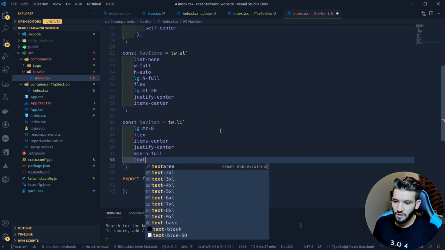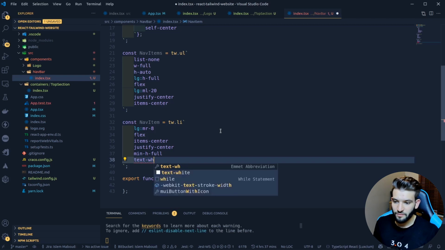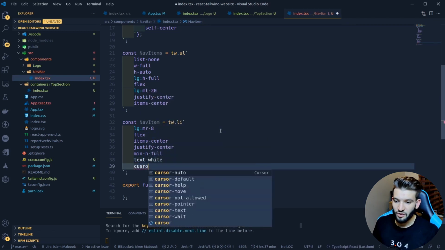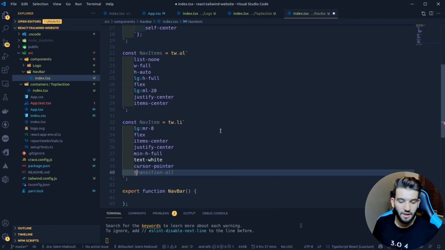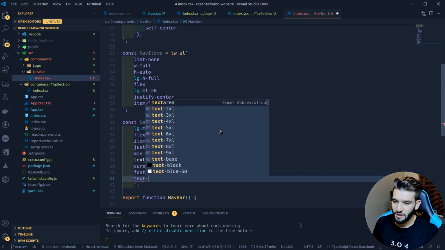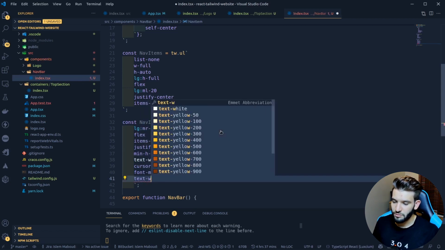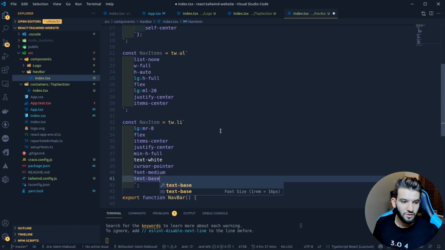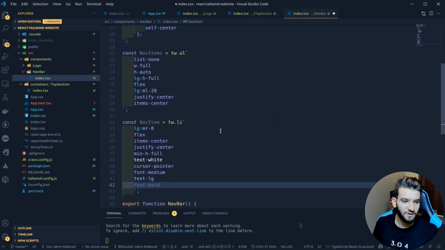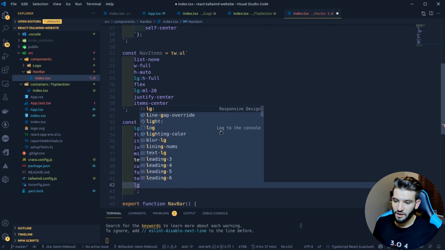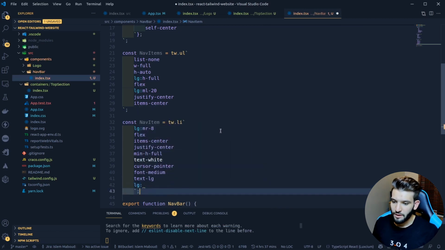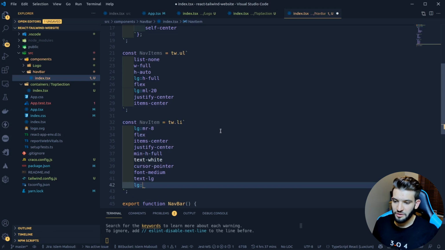The other one is actually, I'm going to introduce some text white for this to shine up. The cursor as well, I want to make sure that the cursor is a pointer. So make sure that it is a link. For the font, sorry, I'm going to have medium font. And for the text, I'm going to have let's say text large, instead of base. And yeah, for larger screens in here, I can go in and do text base. Okay,